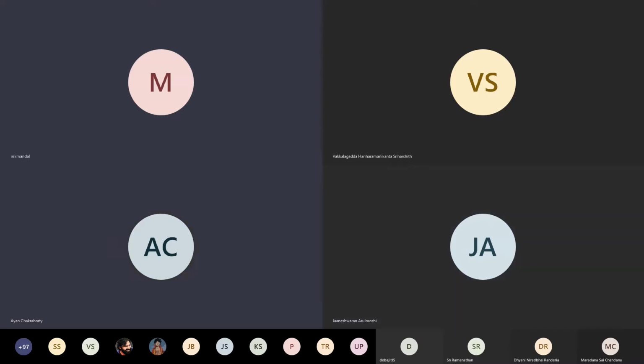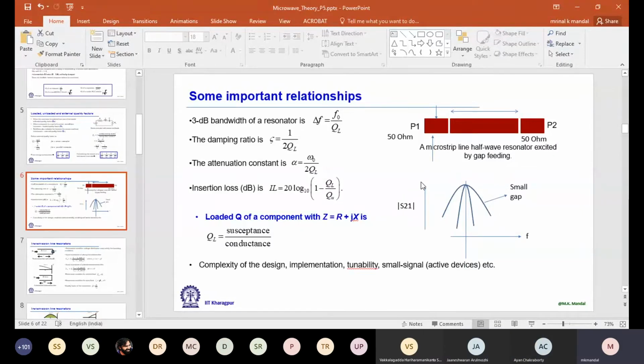Excuse me, sir. How do we calculate the quality factor, the Q external? Can you explain again? Like the Q loaded, I understood, and Q unloaded. Q external, I did not explain actually. If you are interested, I can explain it. You have to listen carefully. Usually it is not covered in undergraduate courses, just the concept is given. Okay, you can see my slide. Let me explain it then.